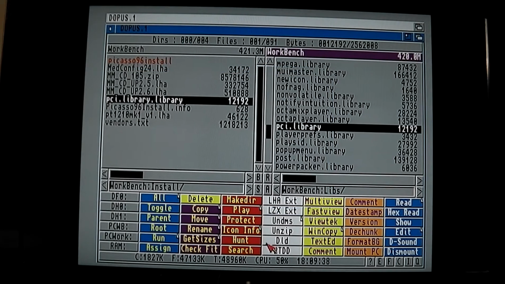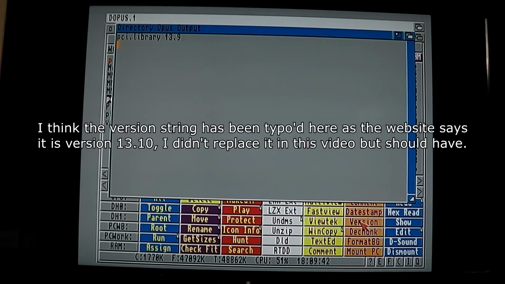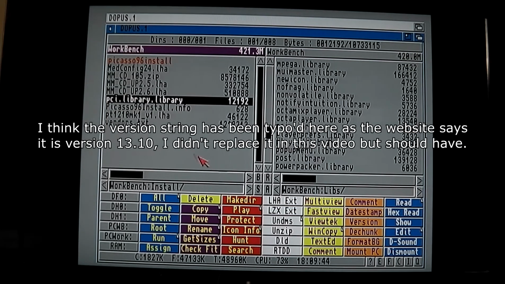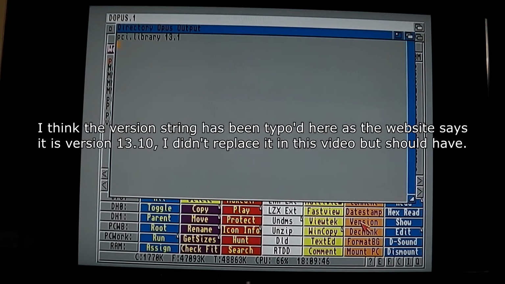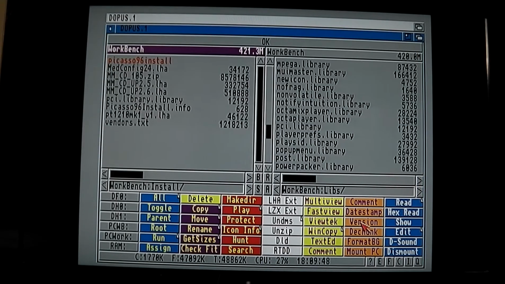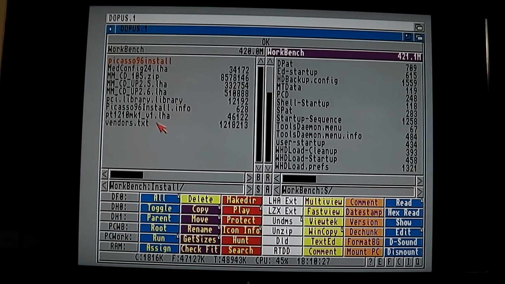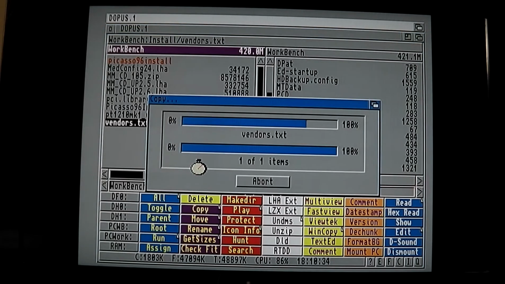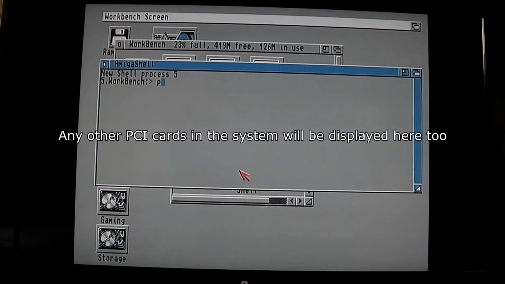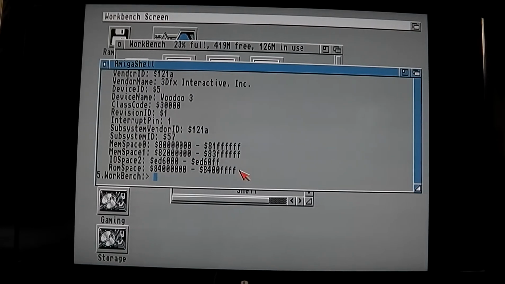Next, check if the PCI.library file we downloaded is newer than the one we just installed. If it is newer, then replace the one in libs. Replace vendor.txt in the SSIGN with the file we downloaded, and then reset. Now we can test what we have done so far by opening shell and running the command PCI-info. This will confirm the Mediator is present and the system can see it.